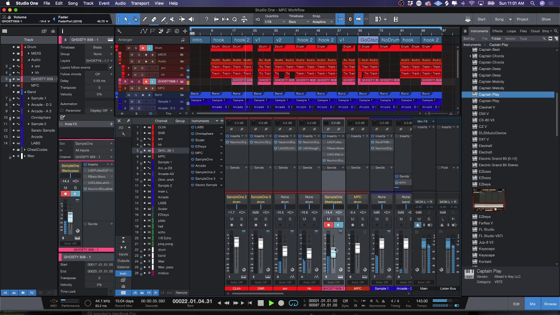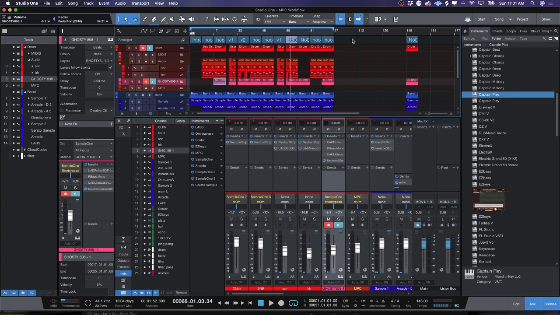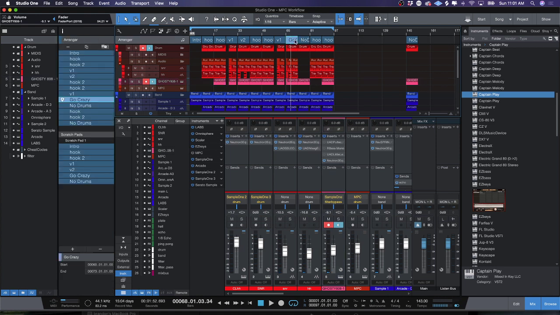Sorry about that, guys. And then by the time you're used to this pattern, when you come around to V2, now once you hit Go Crazy, you're here. Right, so your second verse is completely different from your first verse, which is a pretty valuable technique when